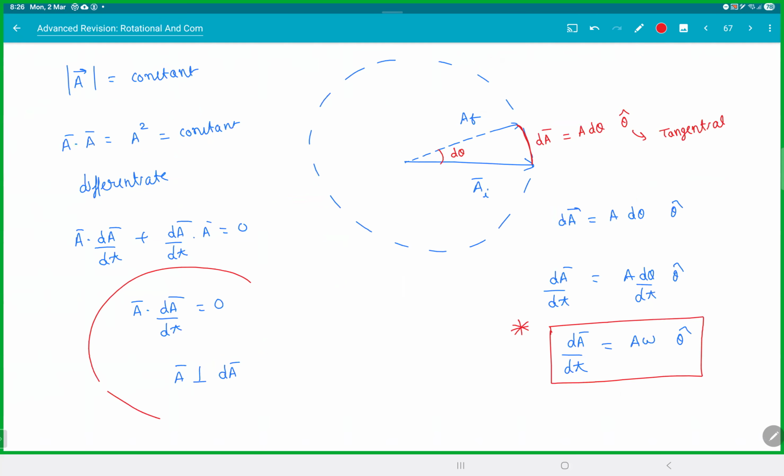Remember this concept. I'll teach you in vectors again. I'll ask you something there. I can ask you now also, big deal. I'll just ask you. So let's say we have a vector r cap, d r cap by dt. If you guys remember, d square r cap by dt square, d cube, meaning triple differential, dt cube, and so on till d